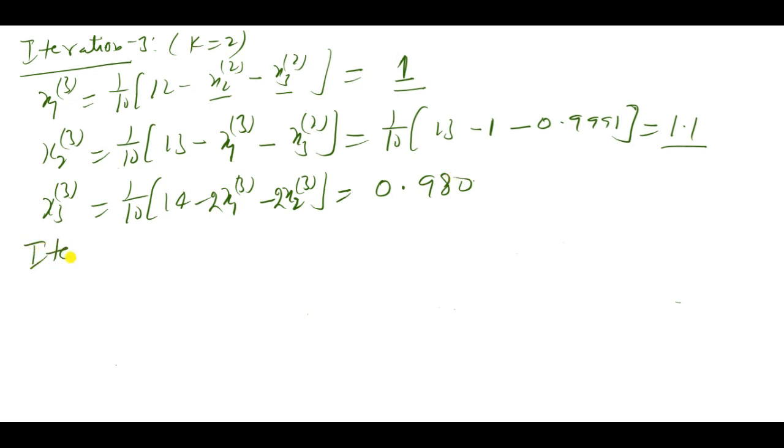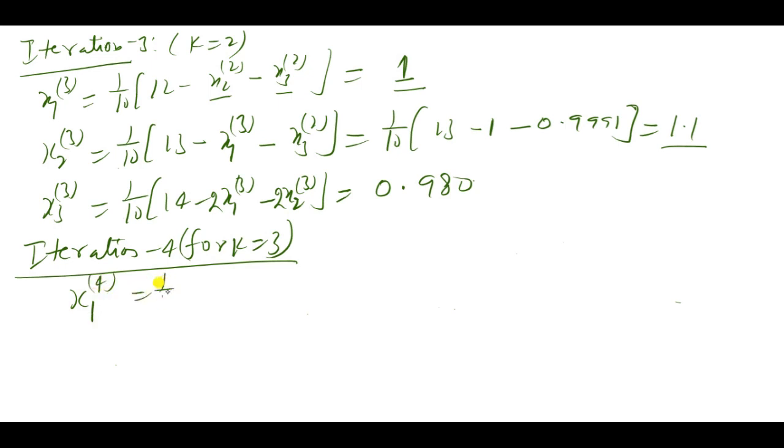Now in iteration 4, that is for k is equal to 3. Put k is equal to 3 in equation 1, then we obtain x1^(4). x1^(4) is 1 by 10 (12 minus x2^(3) minus x3^(3)). x2^(3) is 1.1, x3^(3) is 0.980, and substitute both values here and simplify with the help of the calculator, then it will be